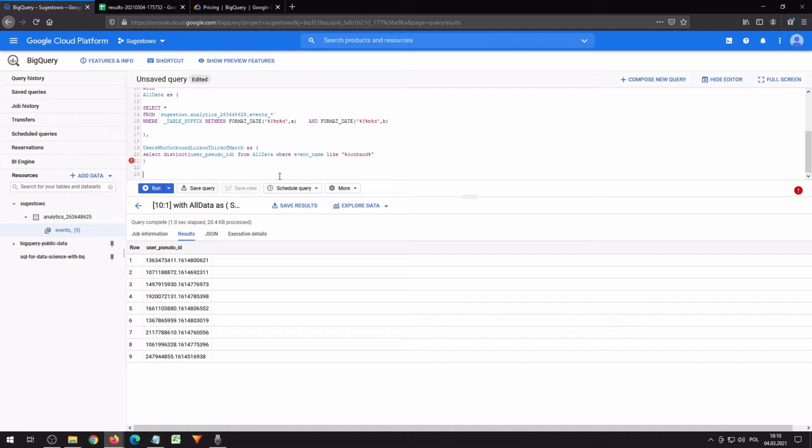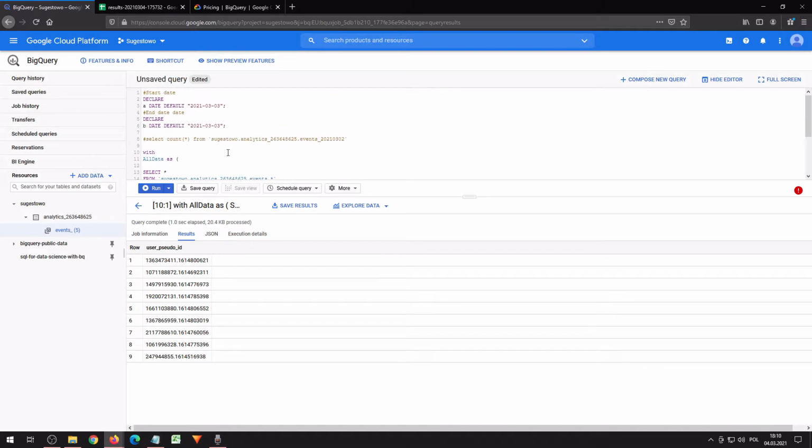How to get to it? First of all, I need to get it from a different date range. So it's a good practice to just copy the declared data and make C and D. I was interested between the 28th of February and the 2nd of March. Okay, so here I have it, and